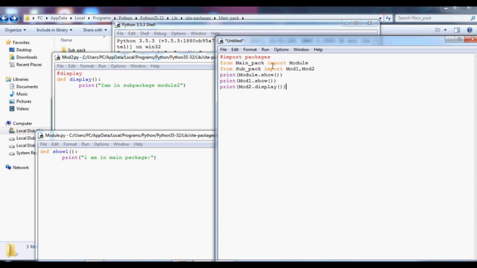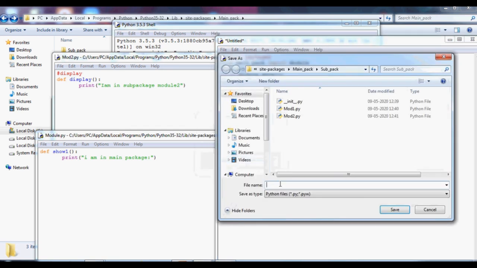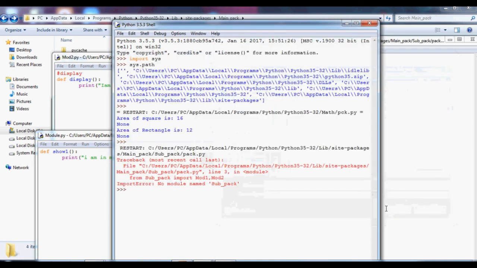Okay, shall we run this program? Before that, it's asking for saving, so I'm just saving as pack.py. It says no module named subpack. So error.